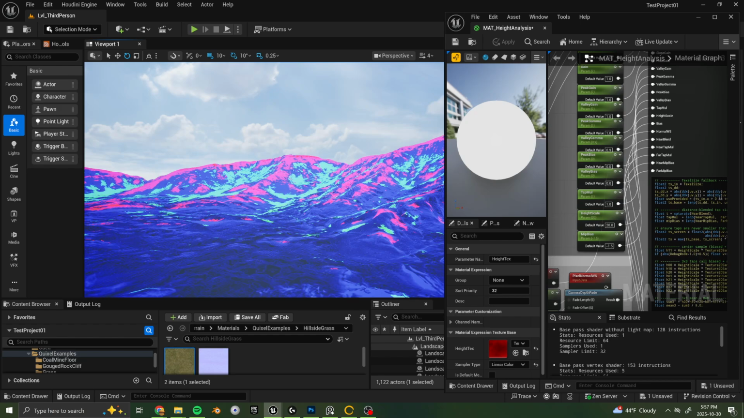Slope acts as a suppressor. Steep areas can automatically remove snow, soil, moss, or whatever materials you want to avoid appearing on cliffs. And this technique is valuable for vista-style terrain, of course, because terrain blending traditionally breaks down when the camera changes distance. Height-based masks often look acceptable up close, but collapse into these pretty ugly hard lines or disappear entirely as